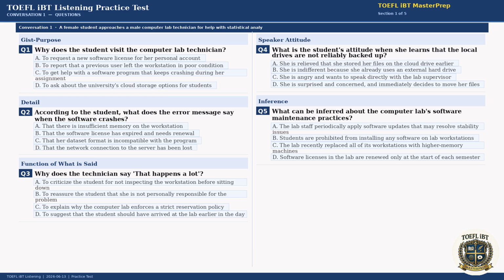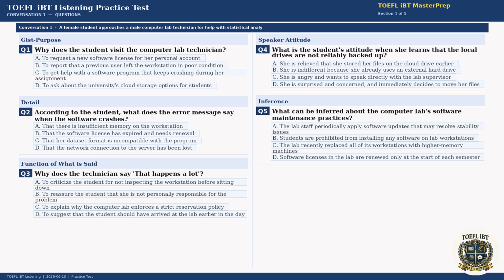Okay, that's helpful. How large is your dataset? Because Stata can have trouble processing very large files on these machines if too many other programs are running simultaneously. It's about 50,000 observations with around 30 variables. I don't think that's unusually large, is it? It's not enormous, but it can be demanding depending on the analysis type. Let me check what else is running in the background on this workstation. Ah, I see, there are several other memory-intensive applications still open from the previous user. That's very likely contributing to the problem.